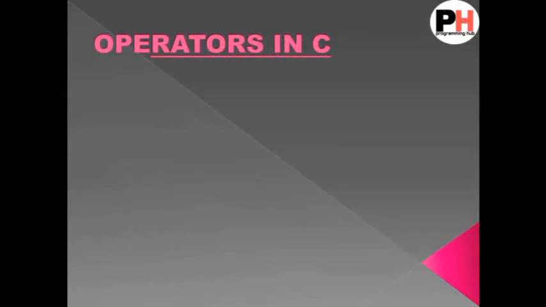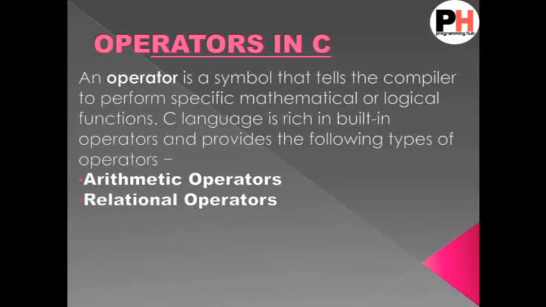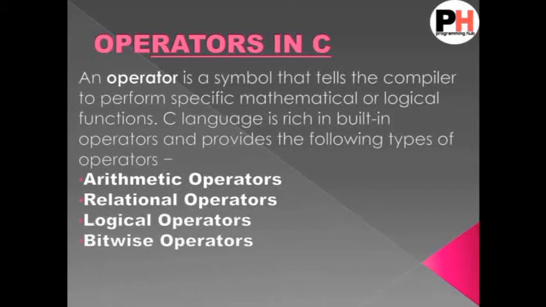So the topic is operators, and operators are the symbols that operate on a value or a variable. It means an operator is a symbol that operates on two operands to give the sum, subtraction, addition, multiplication and division. Okay, and C consists of various operators. First one is arithmetic operator, relational operator, logical operator, bitwise operator, assignment operator, and at last conditional operator.